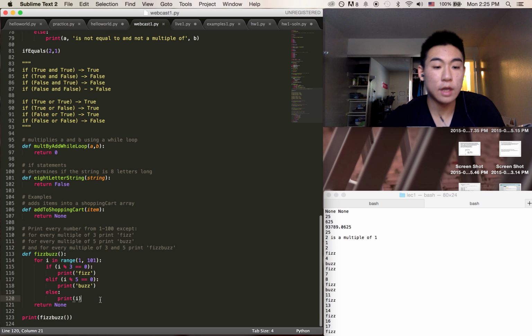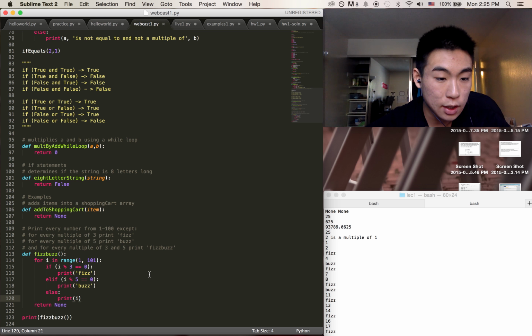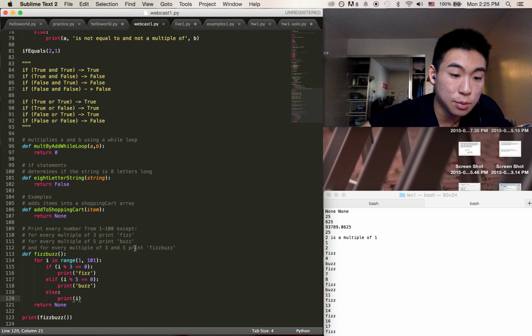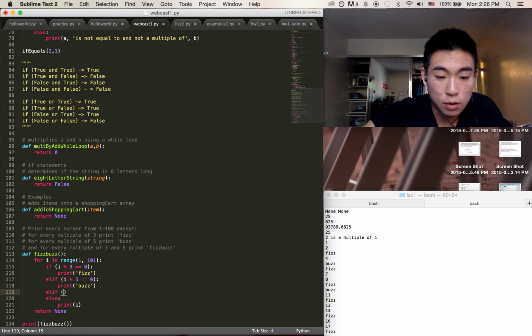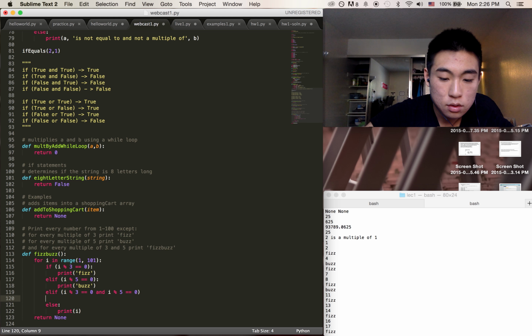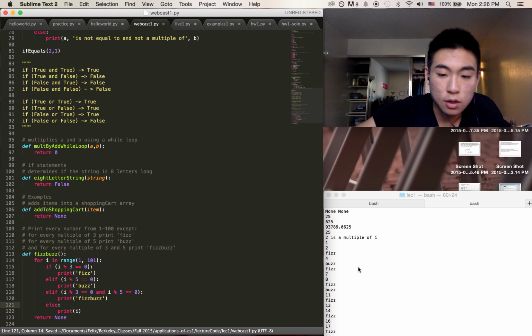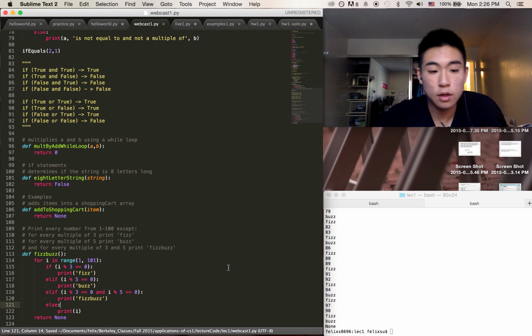Cool. So now that we have the basics going, the final thing is to, for every multiple of 3 and 5 together, print fizz buzz. So let's try writing that. So every multiple of 3 and 5. So 3 and I divided by 5 equals 0. Print fizz buzz. Cool. So you can fast forward that if you want to. And we're like, wow, okay, so it works. Woohoo! Are we done? And the answer is,